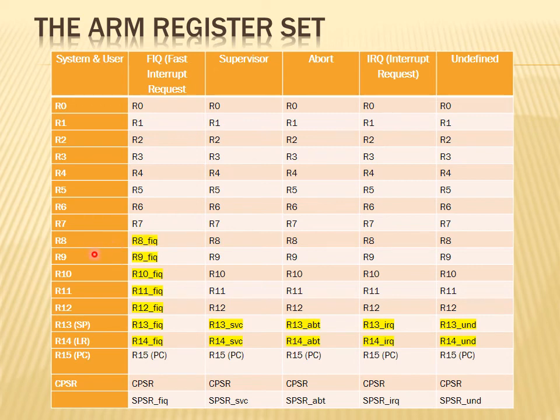Whatever the current value is inside those registers will be copied as it is. This is called saving the context.